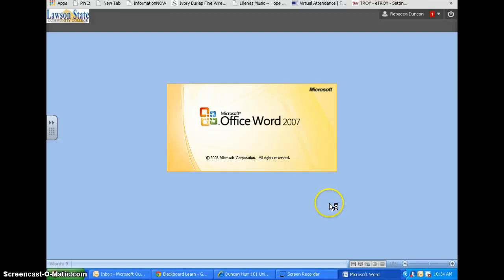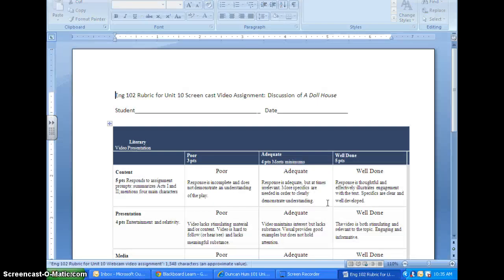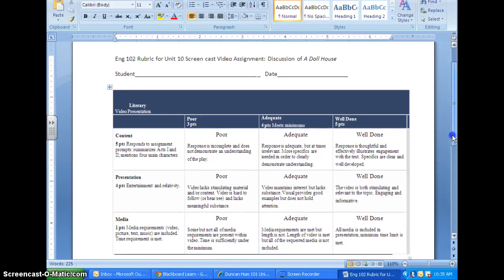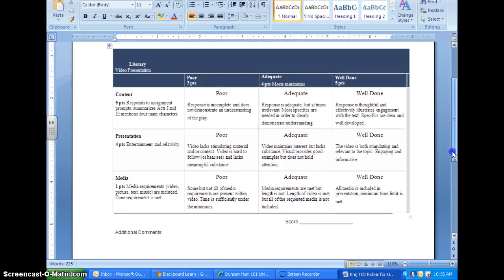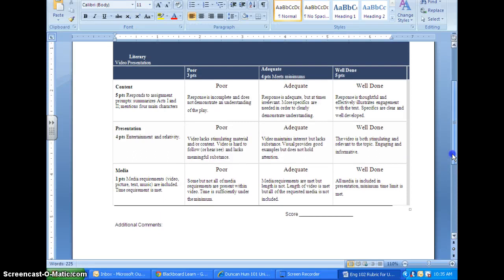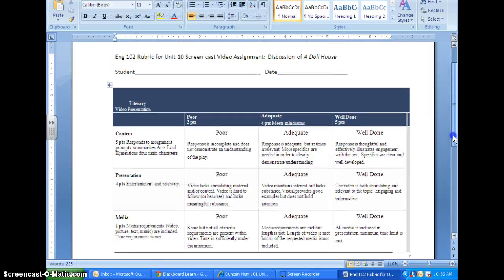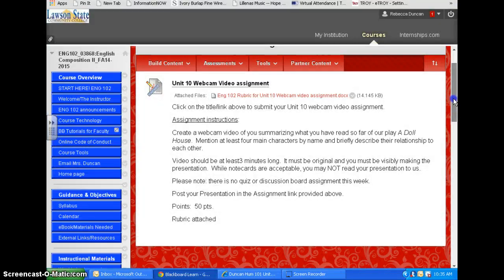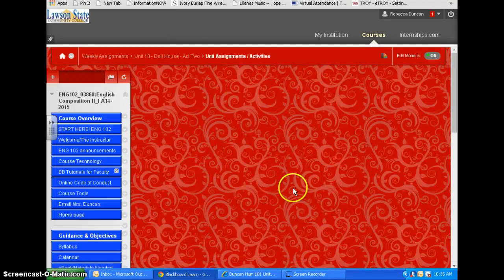Come on, load up, because we're almost out of time. Okay, yeah, does it respond to the prompt, does it summarize, does it mention 4 main characters, how entertaining, interesting, okay? Can we really hear it, follow it, and so forth. So pretty straightforward, but that's how I'm going to determine whether you did what you're supposed to for that assignment. Okay, so no quiz, no discussion,